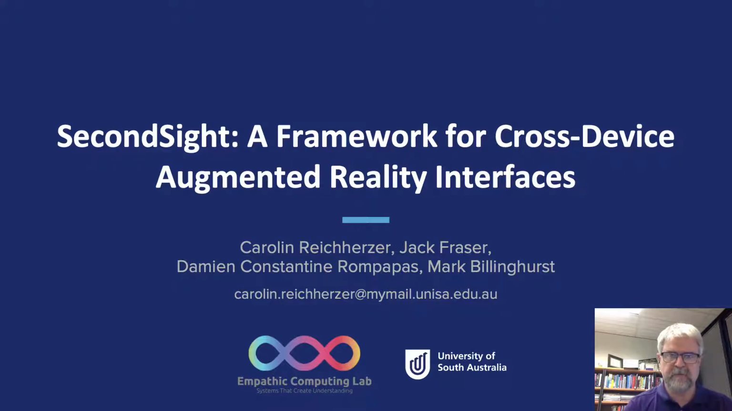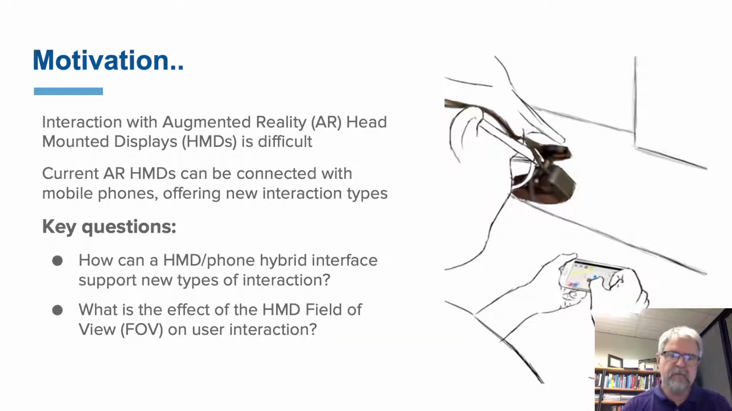So the motivation for this work is looking at how we can develop interaction with head-mount displays, augmented reality head-mount displays. This is traditionally very difficult to do, but current augmented reality head-mount displays can be connected to mobile phones, and so now we have new interaction methods that can be used by using the mobile phones. So the key questions are, how can we use a head-mount display and mobile phone hybrid interface to support new types of interaction? And what is the effect of different fields of view of the head-mount display on the user